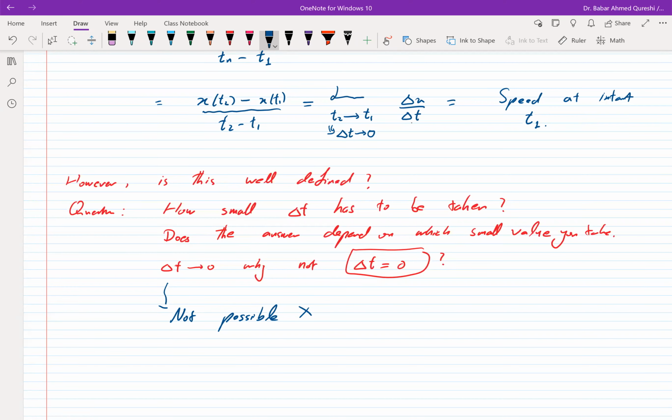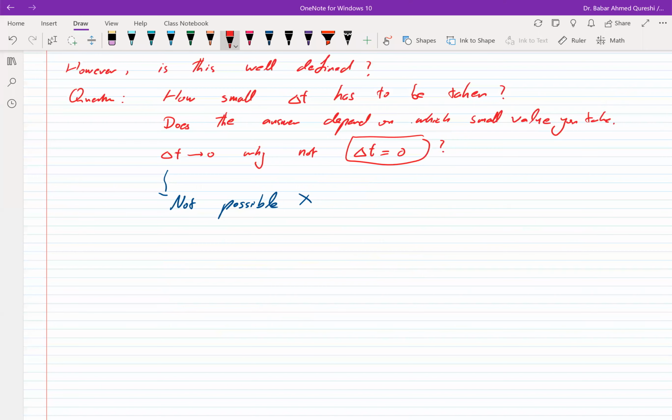So you bring it exactly to 0. The difference between those two nearby points exactly 0. You're back to Zeno's paradox, but more importantly, mathematically, it's nonsense. It doesn't give you an answer. If you do that, you don't get an answer. Why? Because then you are dividing by 0. If you put this 0, you are dividing by 0. And this is just a reminder, division by 0 is nonsense.